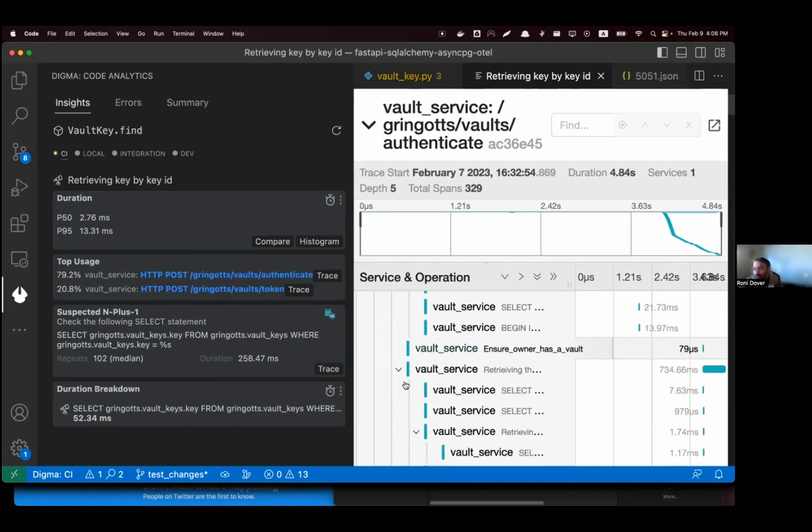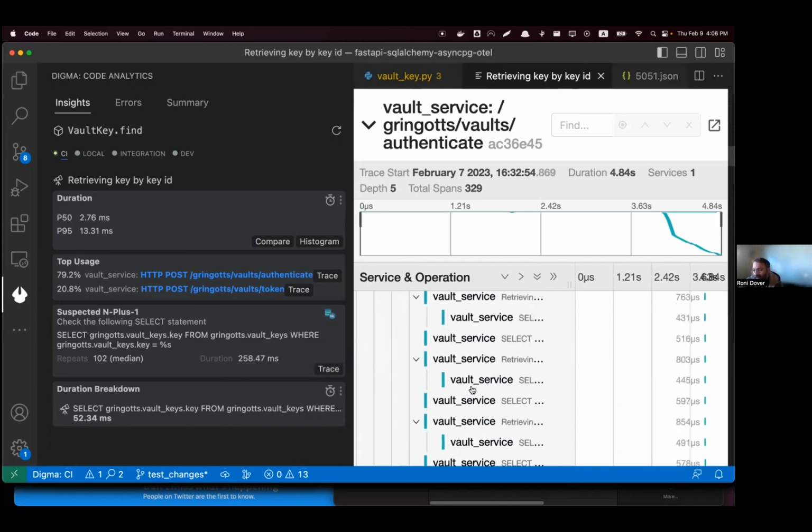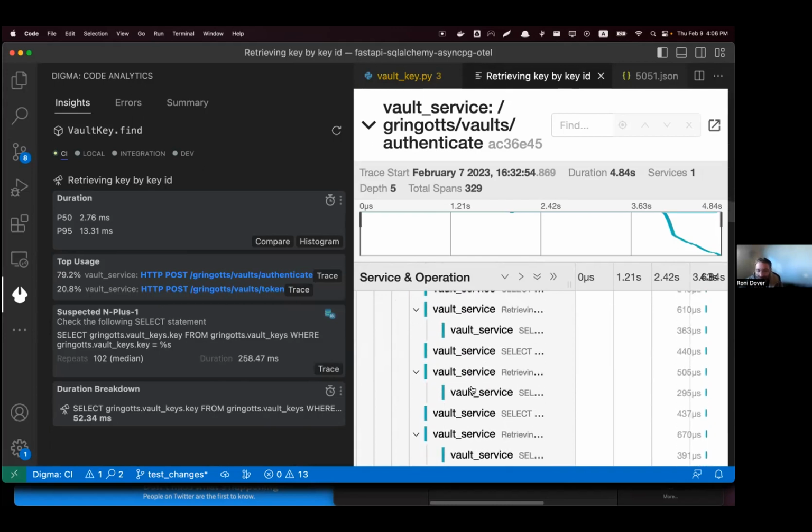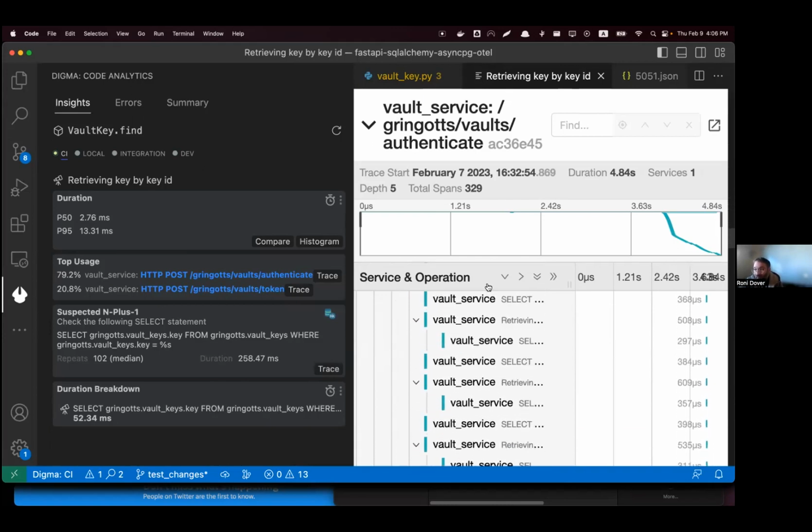It's coming from a specific example. And in this case, I am seeing that this query is repeating way too much as an example. And the same goes for errors and for security issues and for other things that are related to my code. And the analysis just becomes a continuous part of the development cycle, which is my personal take and vision and what I'm trying to kind of